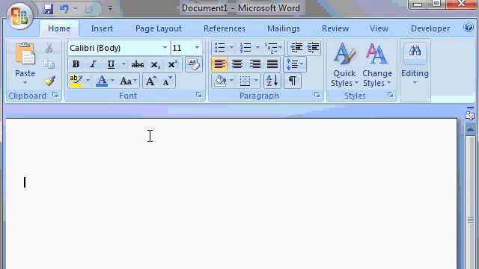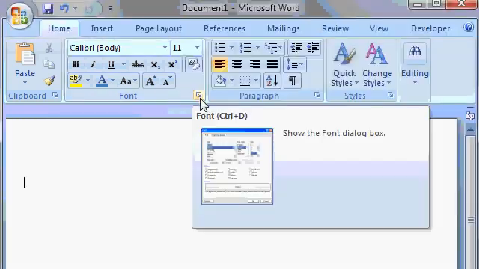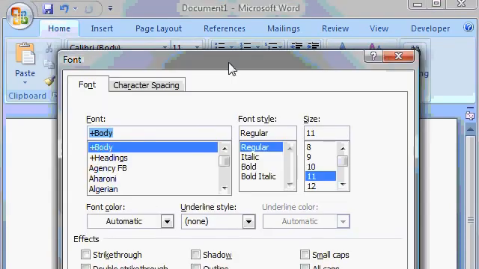One very small detail to notice is that some of these groups have little tiny buttons here in the bottom right corner. That's to launch a dialog box for that group. For example, if I click here, this will open up the Font dialog box. The dialog box is simply a menu that has many more font options on it. And if you've used previous versions of Microsoft Word, you'll recognize this Font dialog box. I'll go ahead and close this box by clicking